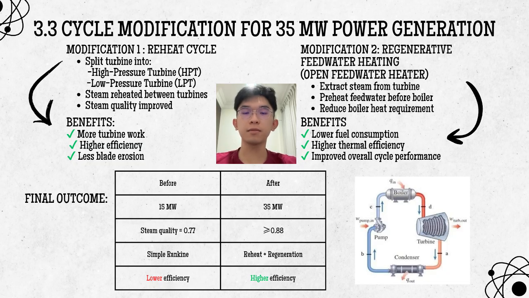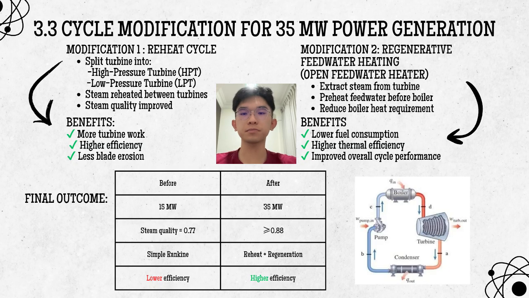The second modification is regenerative feedwater heating using an open feedwater heater. In this process, a portion of steam is extracted from the turbine to preheat the feedwater before it enters the boiler. Because the feedwater is already warm, less external heat is required, reducing fuel consumption while improving the overall cycle